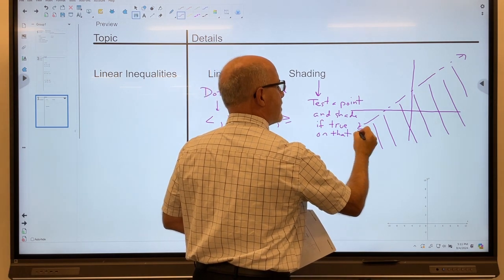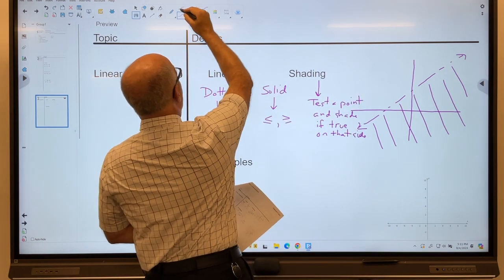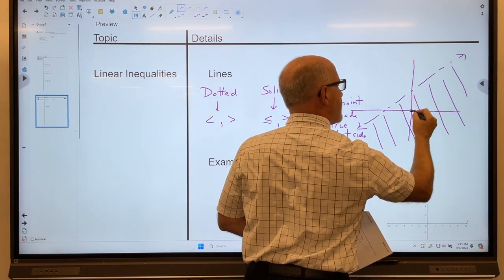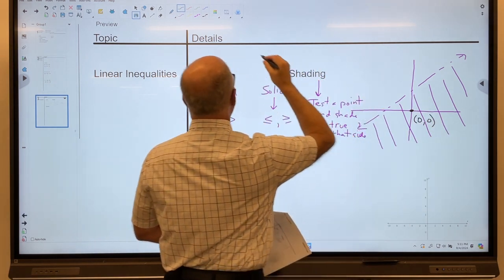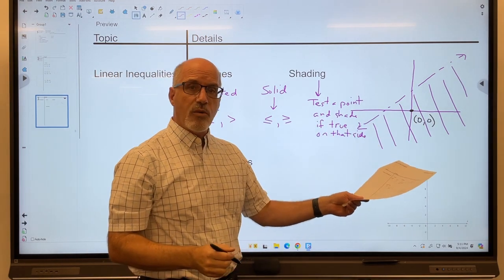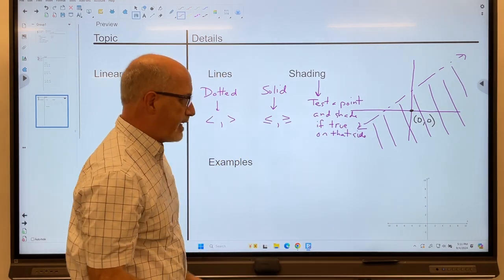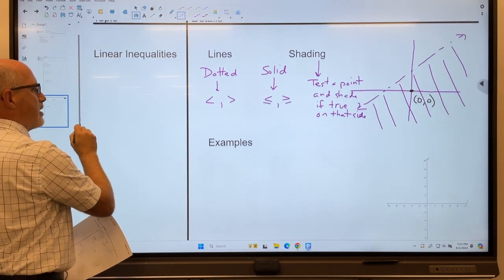So for instance, the point that most people will pick a lot of the time will be 0, 0. This is a very common one to pick. And in this case, if we picked 0, 0, it would have worked in the inequality, and so we shade on that side. All right, let's do some examples just so you see what we're talking about here,